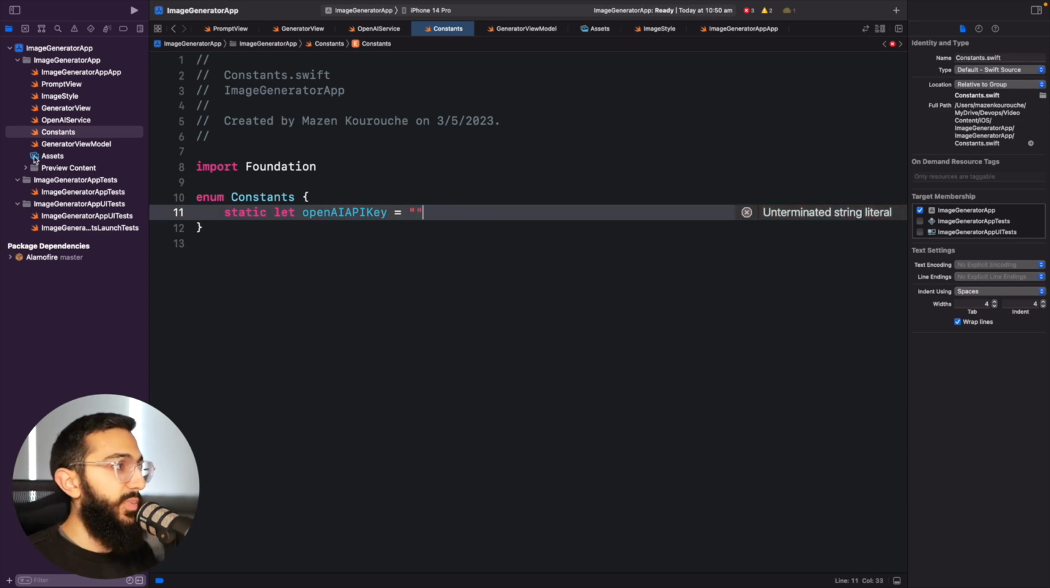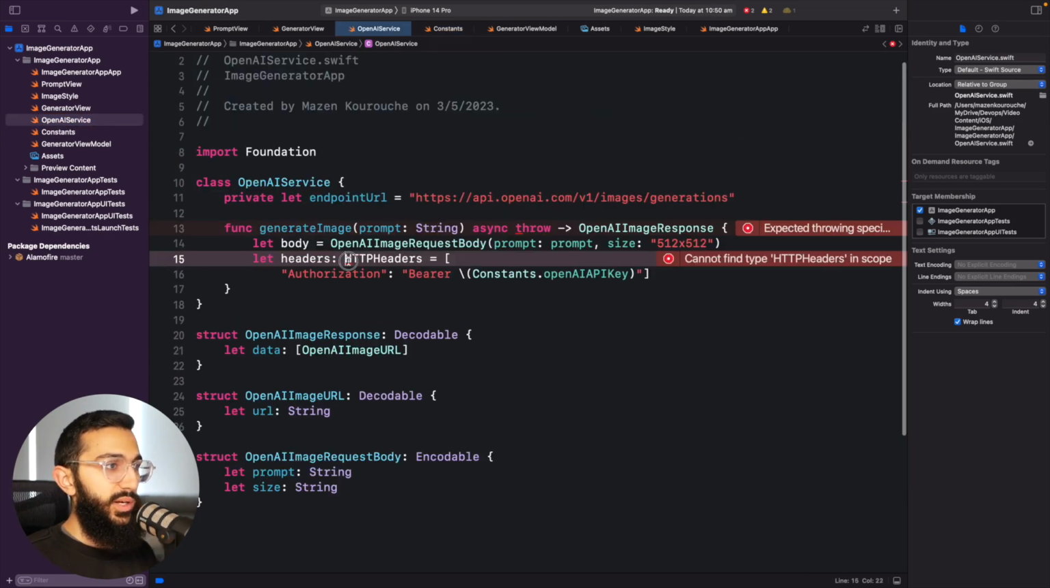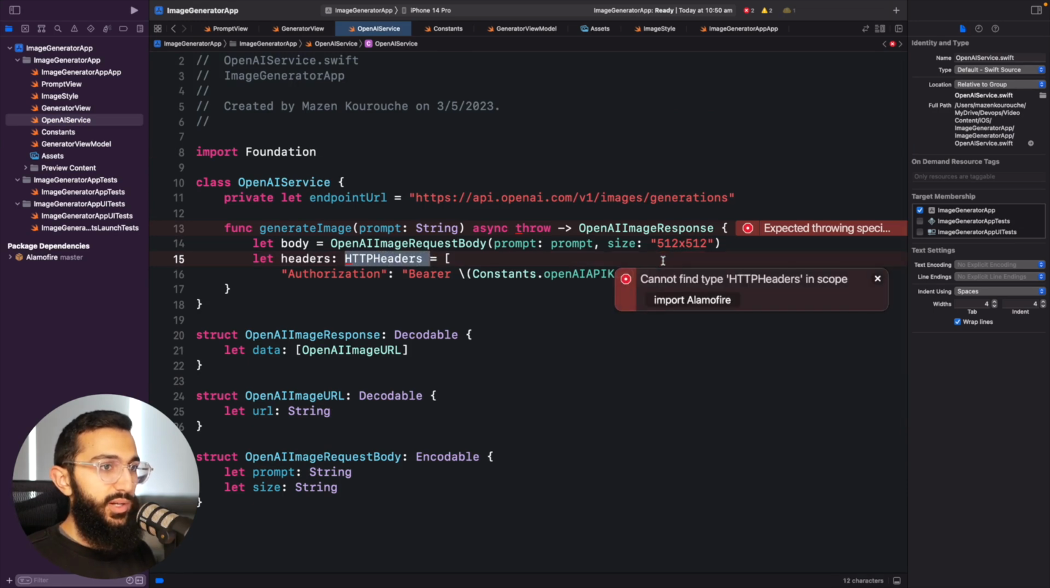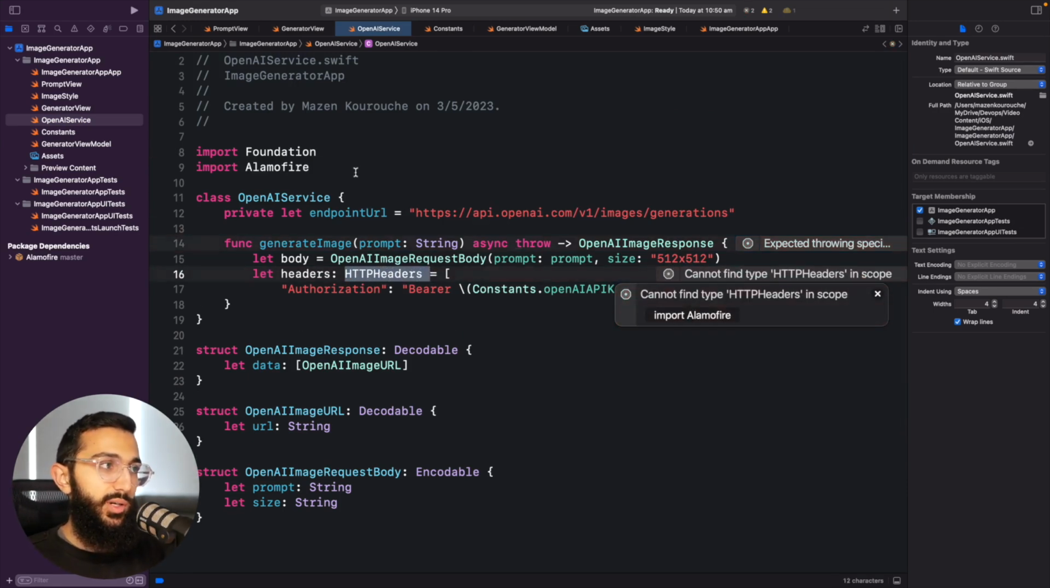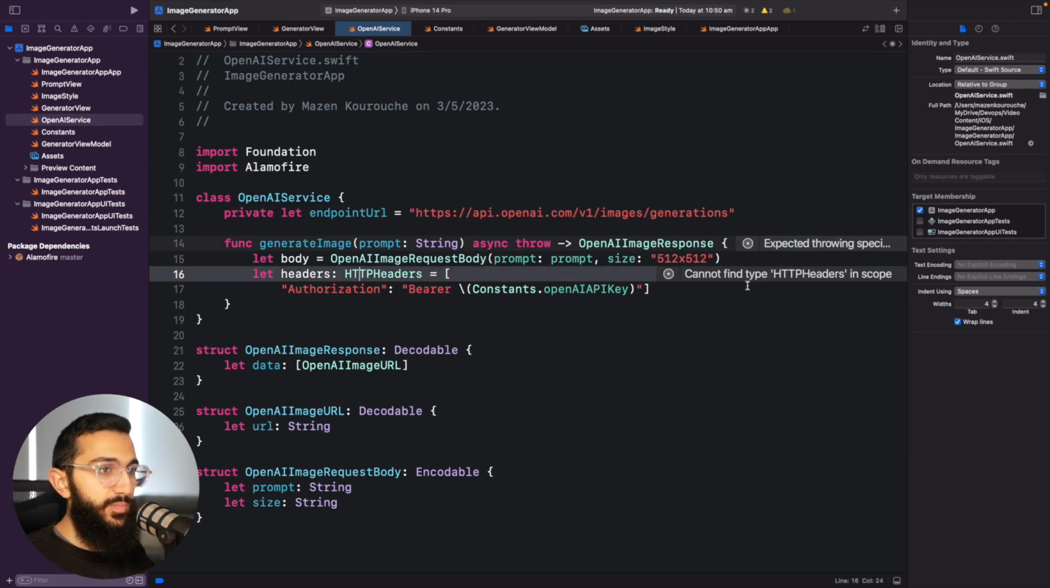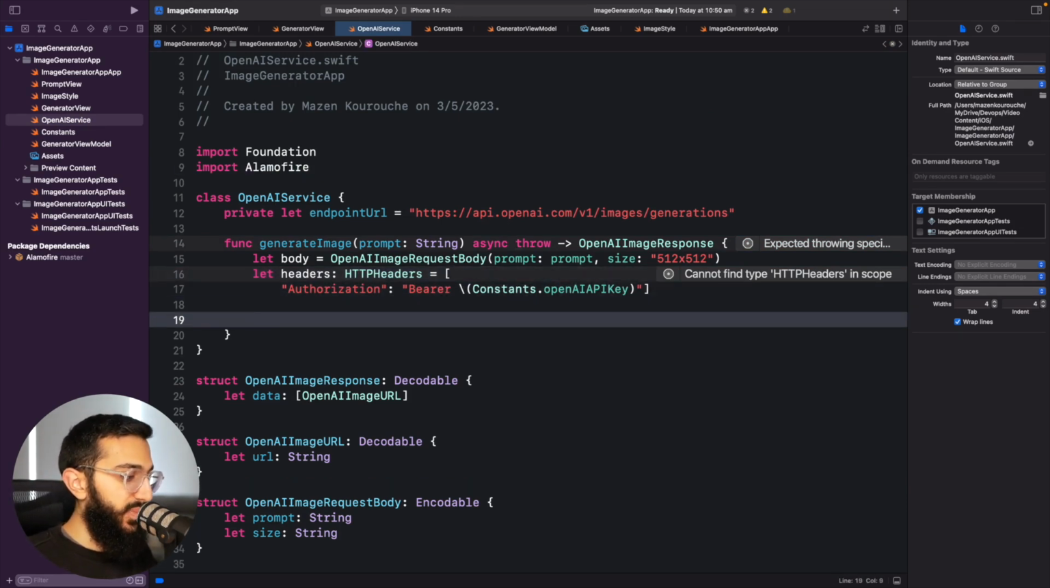Store your API key in here, and let's jump back to the service. We're getting an issue that we can't find HTTP headers in scope, and that's because we haven't imported Alamofire. So let's go ahead and import Alamofire, jump in and return try await